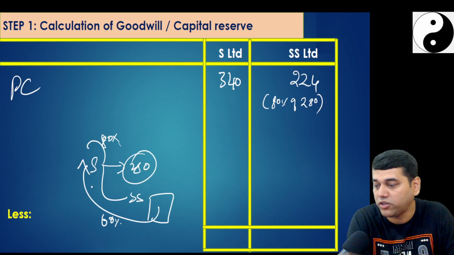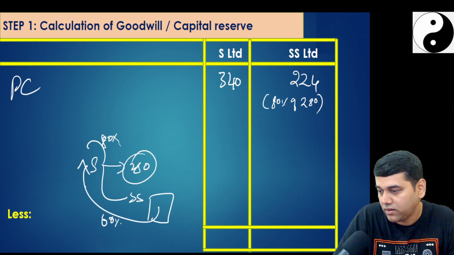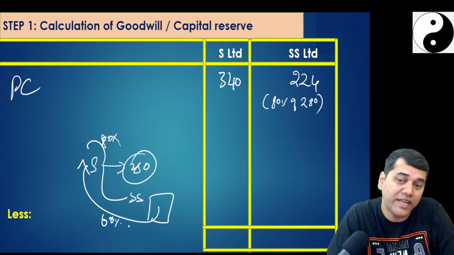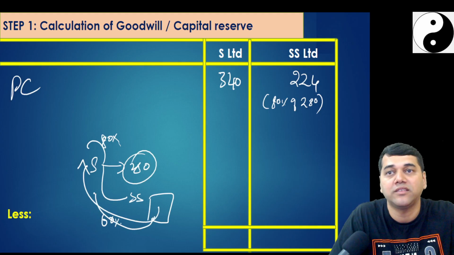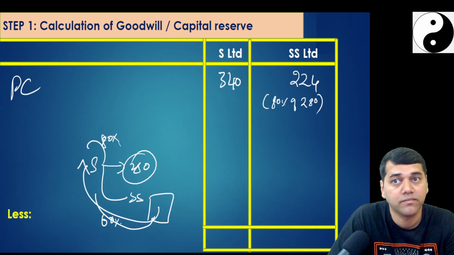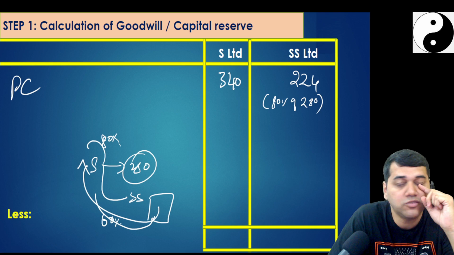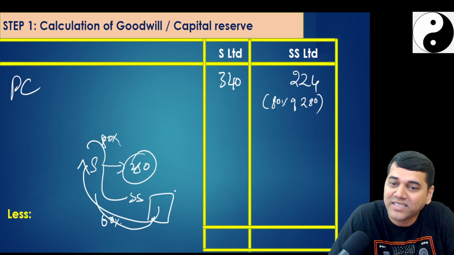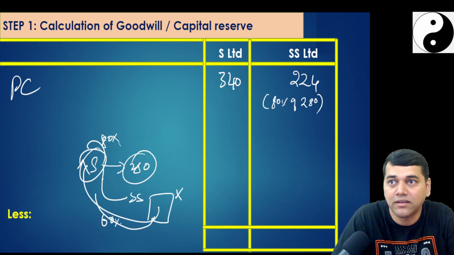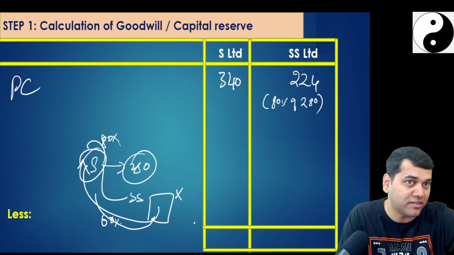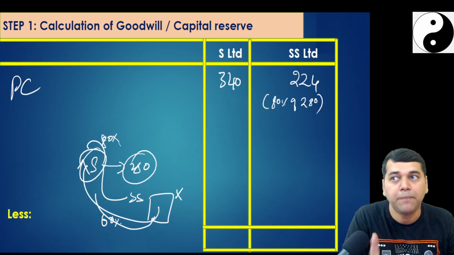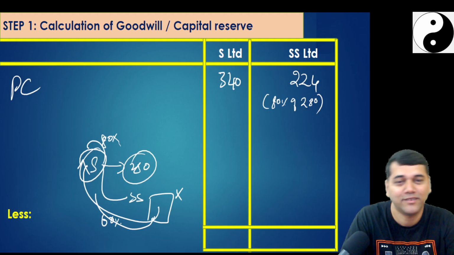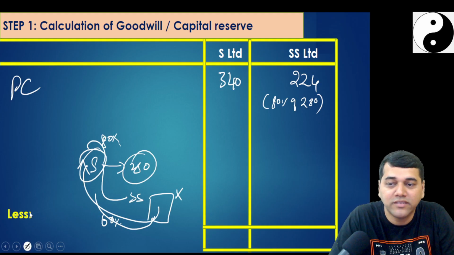One place I will take, what is my effective interest? 60%, no? My effective interest is 60%. That effective interest is used to take my share of profit from the subsidiary, sub-subsidiary. But when you talk about the purchase consideration, it is not 60%, no, Baba. It is 80% of 280, because it is not the transaction at this level. It is the transaction at S level, not at SS level. Anything happening at SS level, you apply 60%. Anything happening at S level, you will apply 80%. Understood? Perfect? Clear? Okay. Then we have done, what is my NCI?